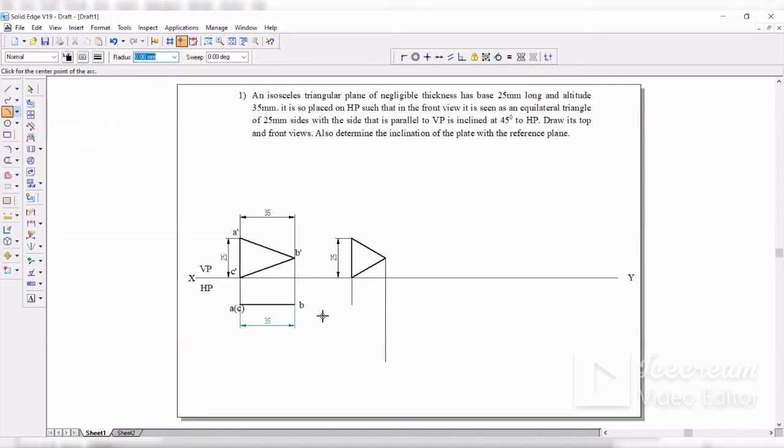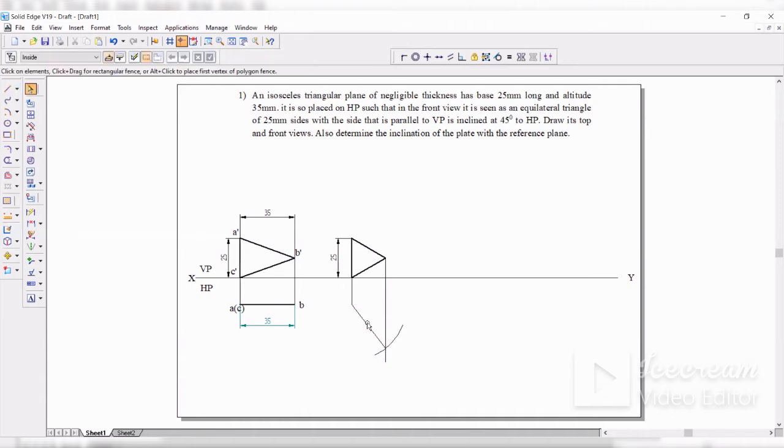Now I'll take the arc by center point with this as the center, and radius as how much? Since I've got 35 here, I'll type 35 in the radius column. Now I'll cut that. Okay. Now from this point, I should join this. Since it's not visible slowly here, yeah, as you can see, the cross mark is visible. If it's visible, no problem. If it's not visible, take zoom and join it. Okay. So I've joined it now.